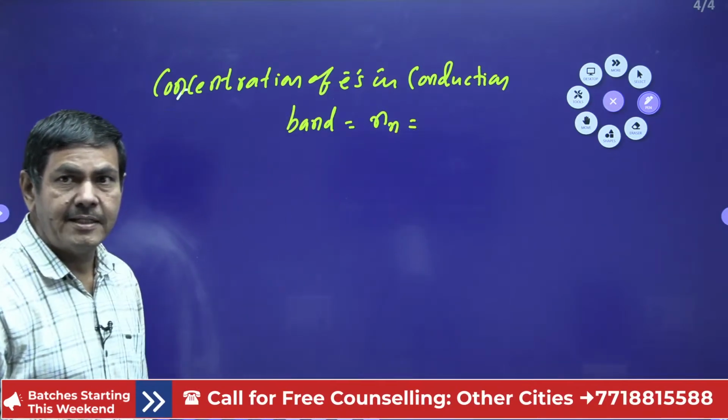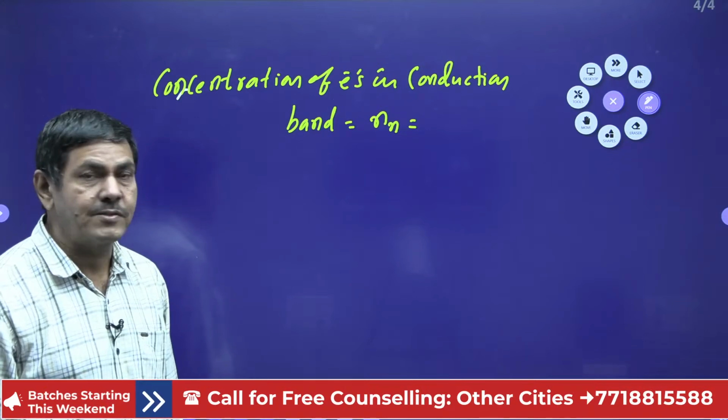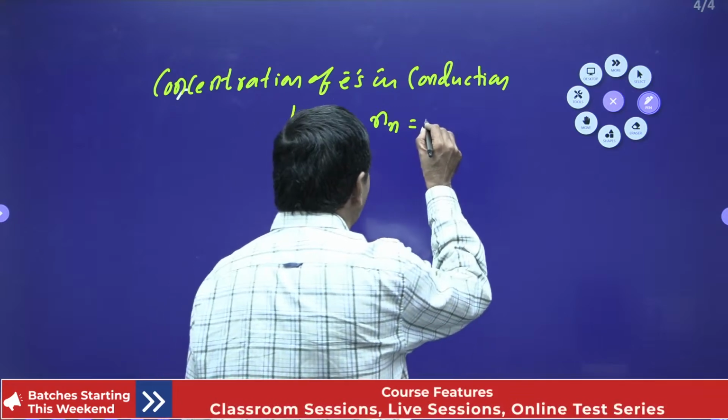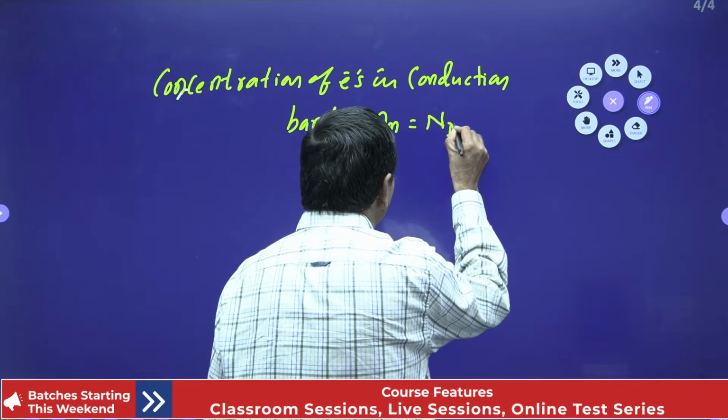N suffix n indicates concentration of electrons in n-type extrinsic semiconductors. That is calculated by the formula: Nd plus